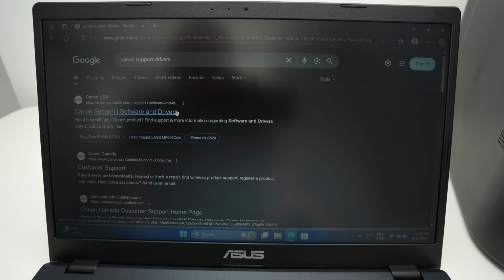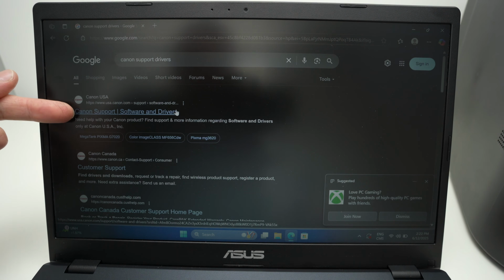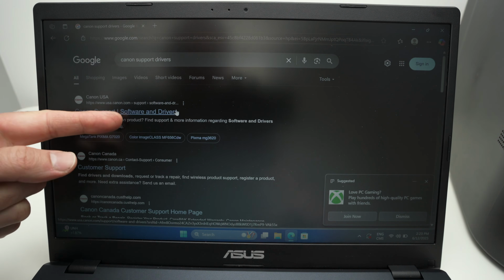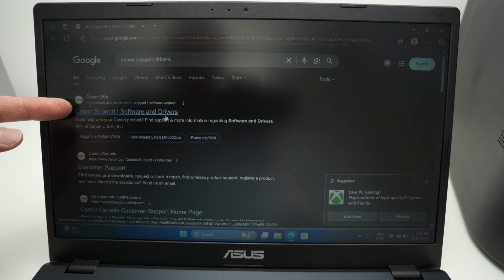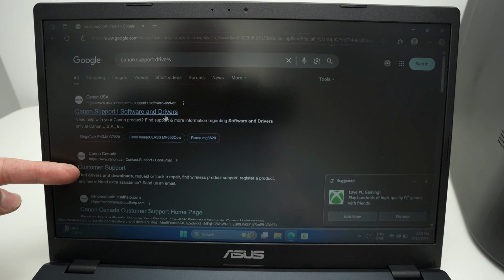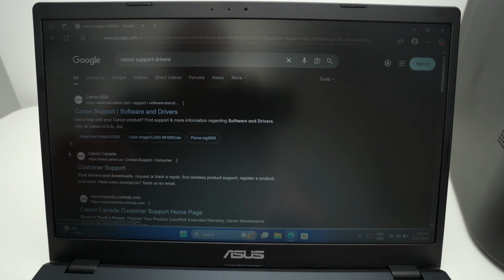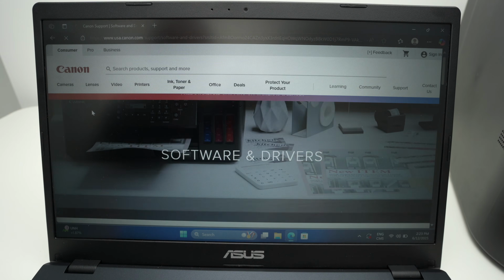Now, depending on which country you're located, Canon has a different website for each region of this world. You're gonna get the first results from the Canon website, the official one. And one of them should be Canon supports, softwares, and drivers. If you don't see this one, you should see customer support and click on it. It will go almost on the same place. So I'll click over here, go down,